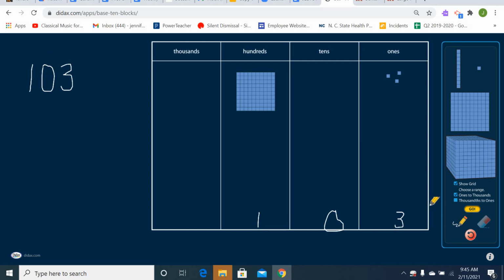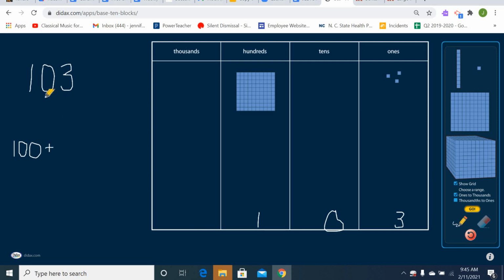All right, let's talk about our expanded form with the number 103. Well, I'm going to start with my hundreds place. In my hundreds place, I have a 1, which means I have one group of 100. And that is written as 100, right? I have 100 because my value of 1 in 103 is 100. Plus,